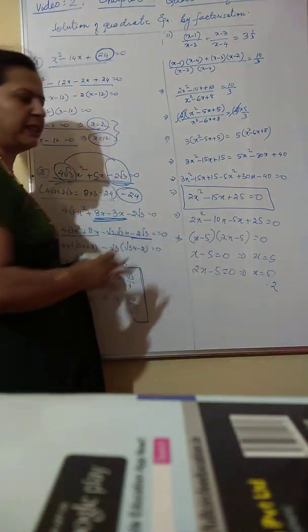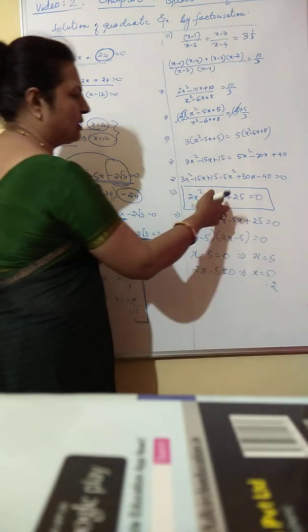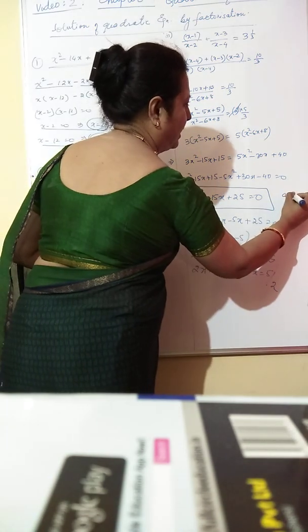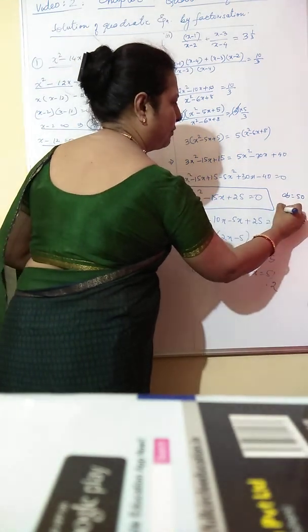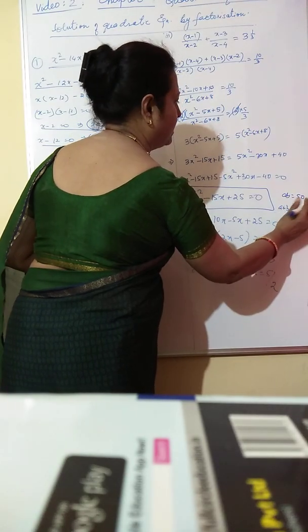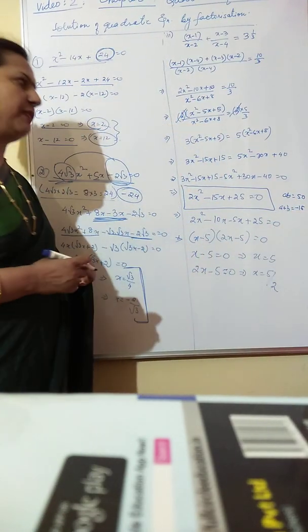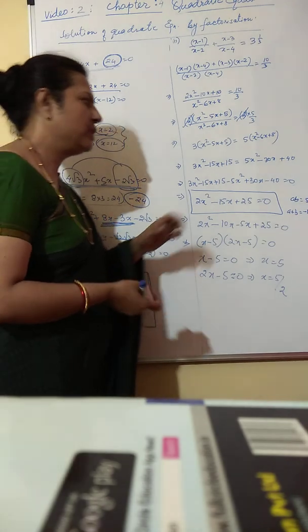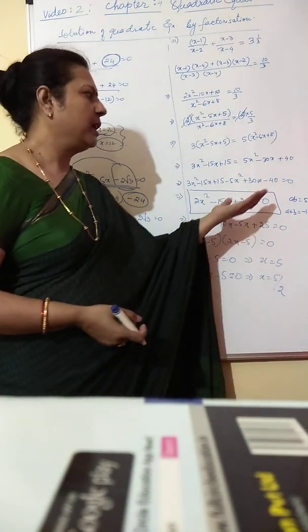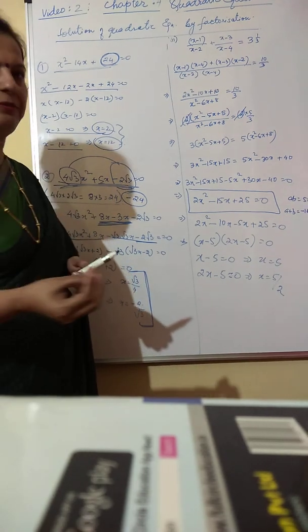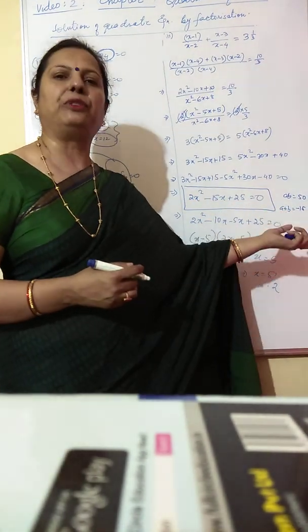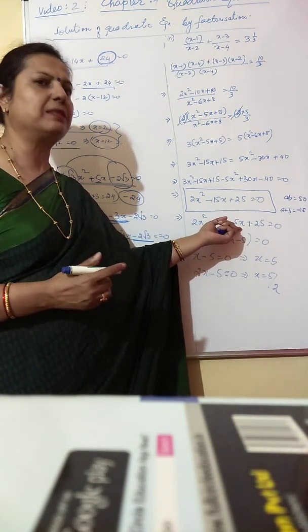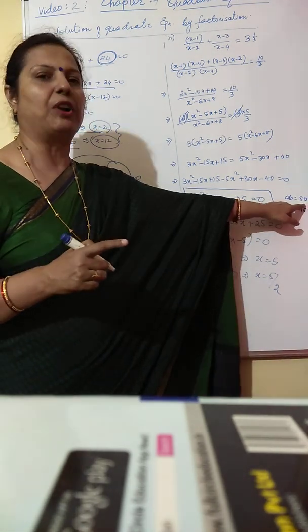And this now I will solve by the method of factorization. So what is the product? 25 into 2, 50 is my product. So my AB is equal to 50. Now I have to find A plus B, which is equal to minus 15. Remember please, I have to find A plus B equal to minus 15 and A into B equal to 50. So here we have minus 15x. Now 50, clearly there is a factor 10 into 5 which makes it 50, and 10 plus 5 makes it 15. So we have split minus 15x as minus 10x and minus 5x. Minus 10 into minus 5 will give the product 50.